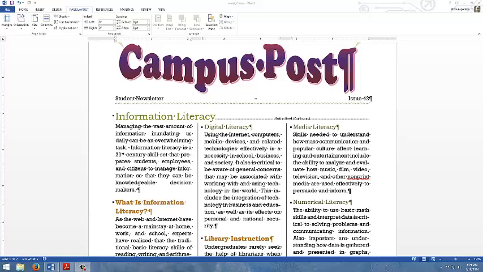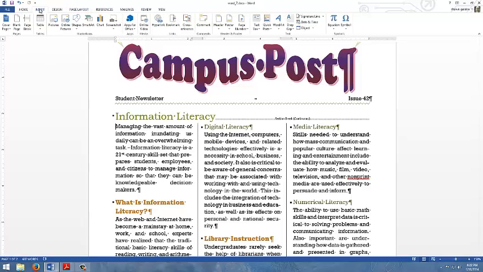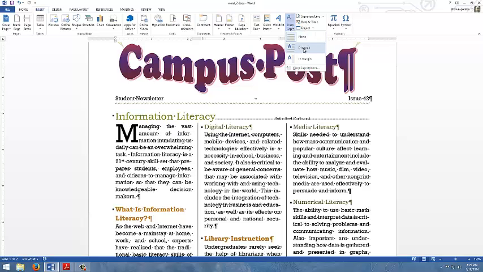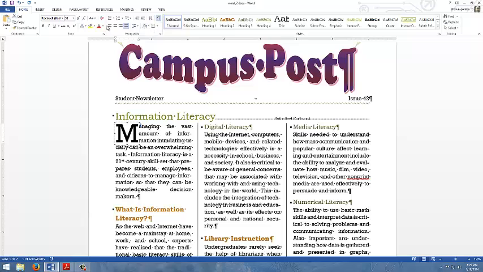To continue with project Word 7, the next item I'm going to do is at the top of my document where it says managing the vast amounts of information. I'm going to put my cursor right before the M in managing, and we're going to create what's called a drop cap. This is done by going under the Insert tab and going over here to Drop Cap and choosing Dropped. Now we can go back to the Home tab and change the color of that. They want us to change it to